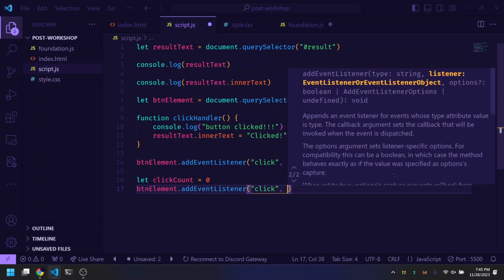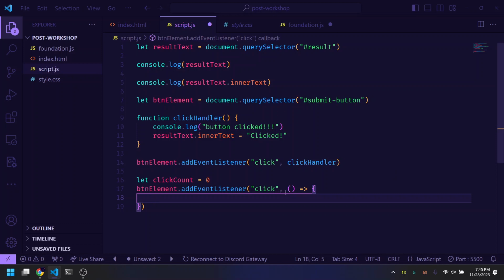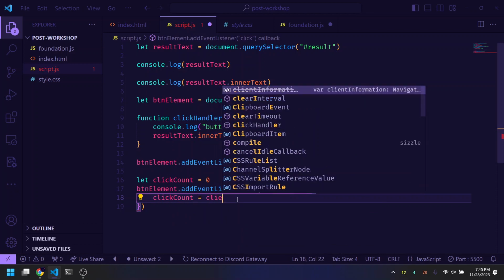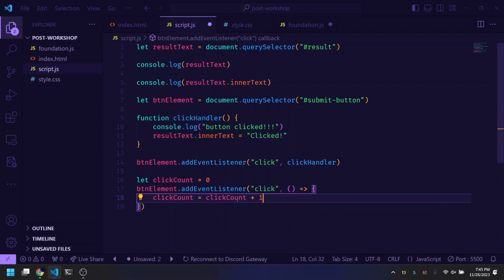Click. And then here we're going to use an arrow function instead of a normal function. So again, arrow functions just let you pass in functions as a kind of value. So we're just going to pass in a function, and in this function that will run every time the button gets clicked, we're going to say click count is equal to the previous click count plus 1, so we're going to increment it, and then we're going to say result text dot inner text,